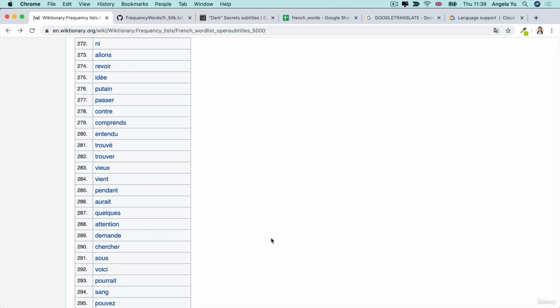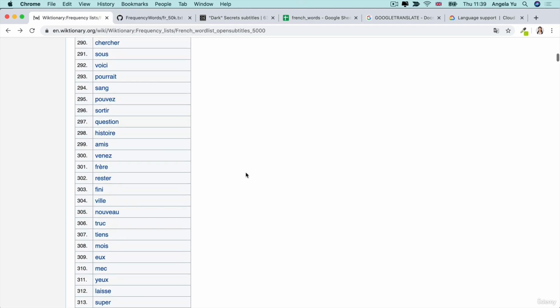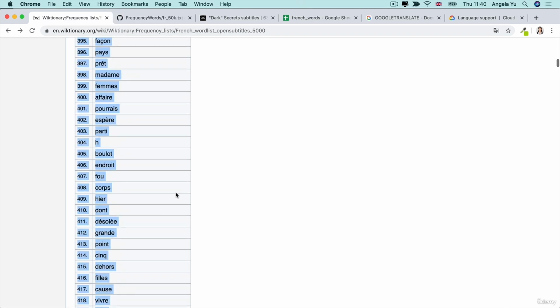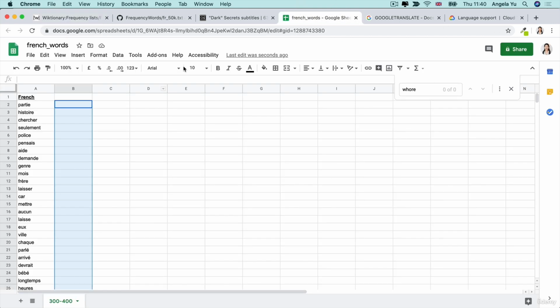So I've already studied some of the first 200 words. So if I take 100 words from this frequency dictionary and put it into a Google Sheet, I end up with something like this. Now, what I want to be able to do is create a flashcard where the front of the flashcard is the word in French, and on the back of the flashcard is the answer in English for what that word means. Instead of having to flip through a dictionary, finding out the meaning of each of these words,